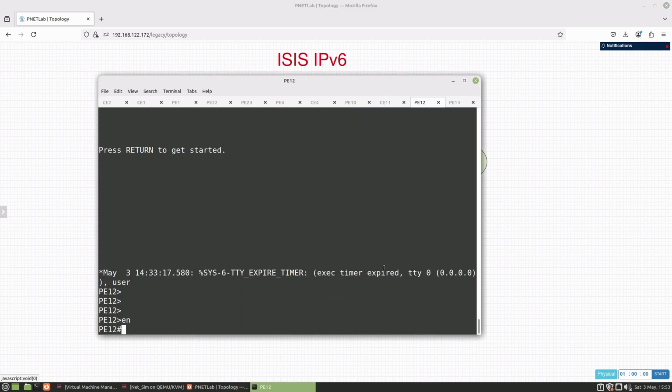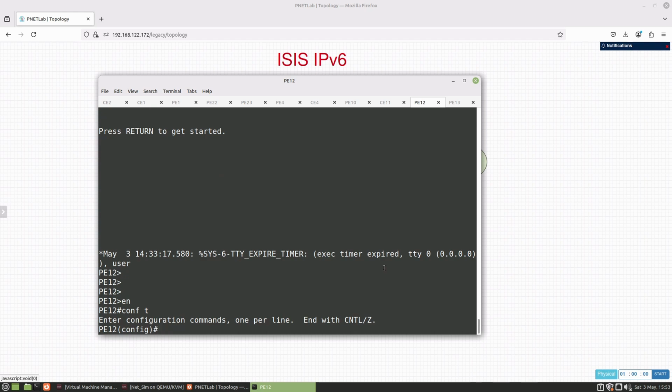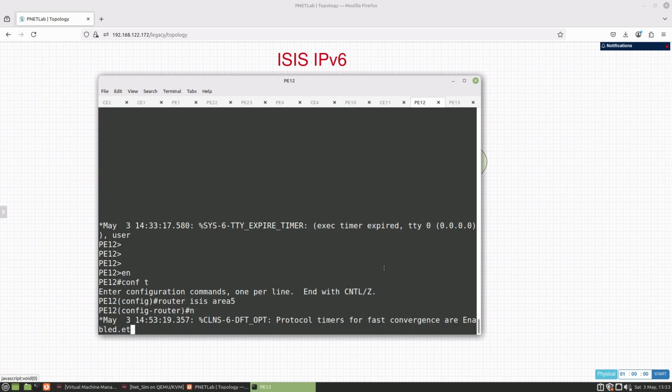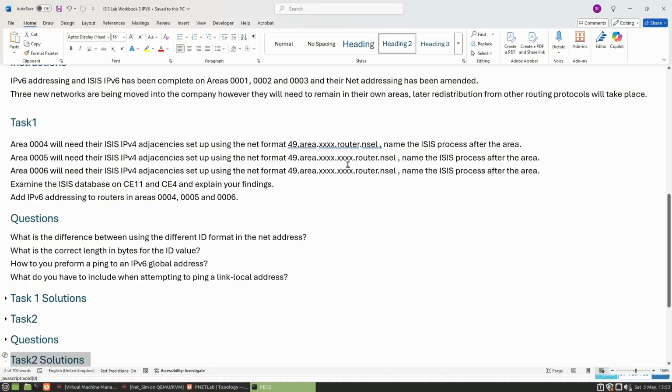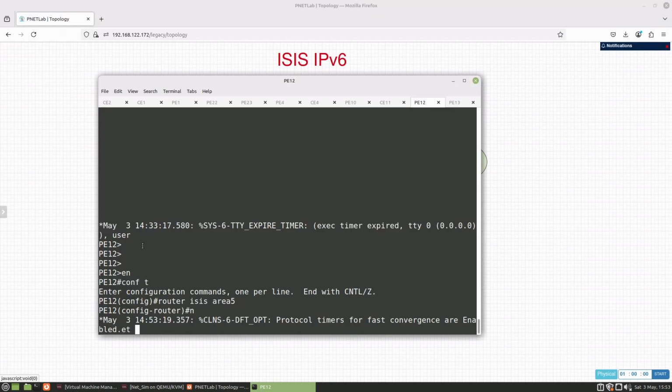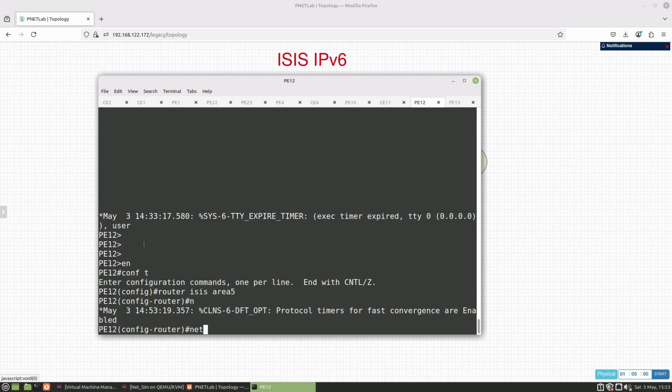So let's go to enable, conf t, and let's get our router ISIS area 5. Okay, net for our net statement. Now if you remember from the instructions here, let's get the instructions back up. The area 5 and area 6 are using the longer address format. Okay, so we have our net, and it's